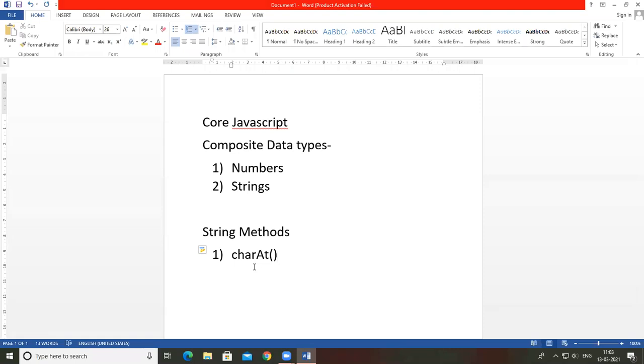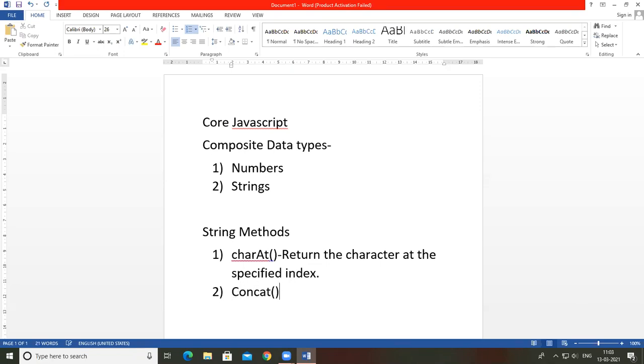First one is charAt. charAt returns the character at the specified index. So suppose you want to return the character at a specified location, then it returns it by using this charAt function. Then another one is concat.